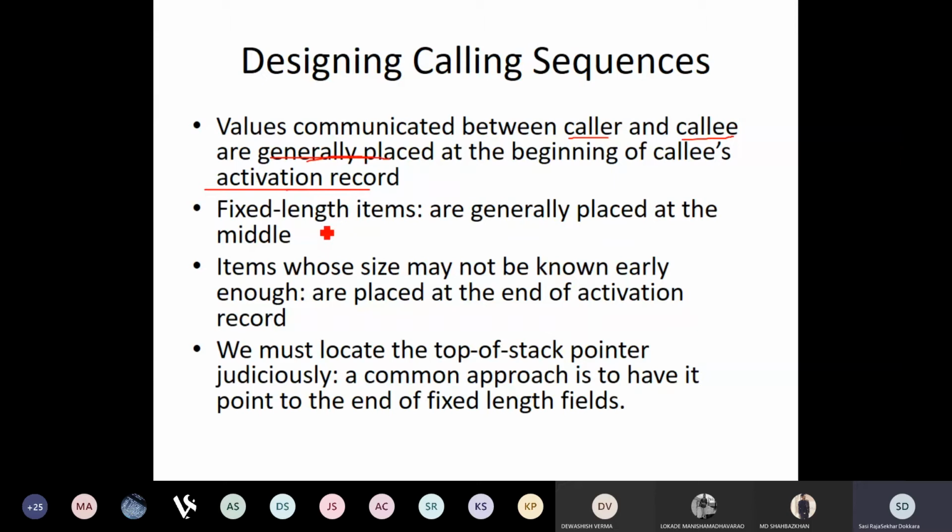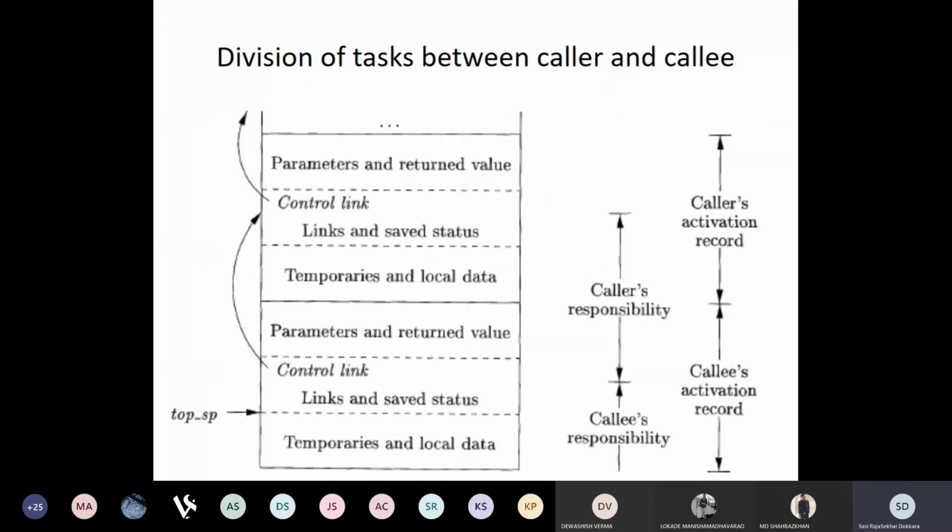So we have fixed length items. These fixed length items are generally placed in the middle of the activation record. Here is an example. There are two procedures here. This activation record is the callee's activation record, and from here to the top we have the caller's activation record.